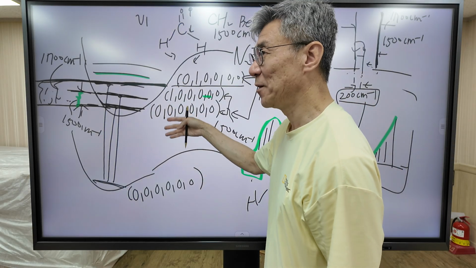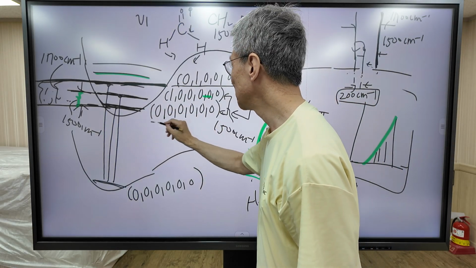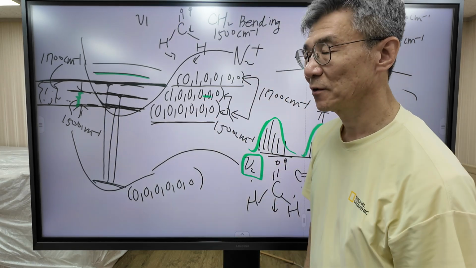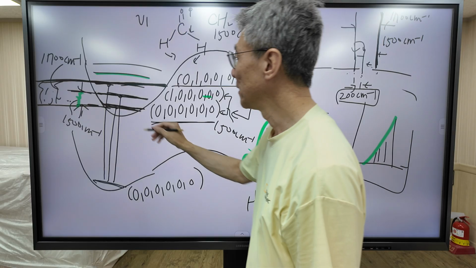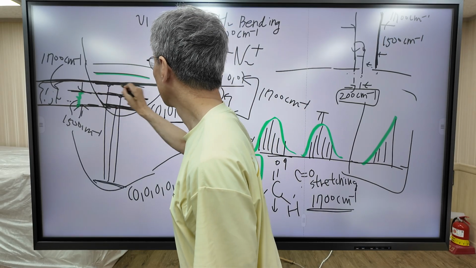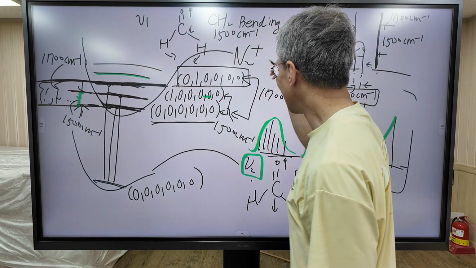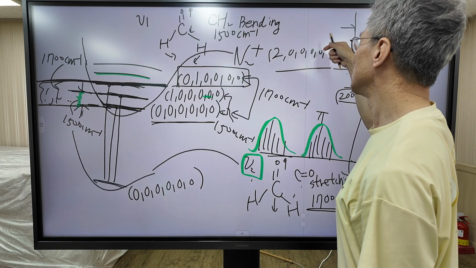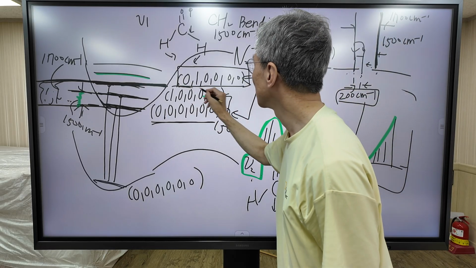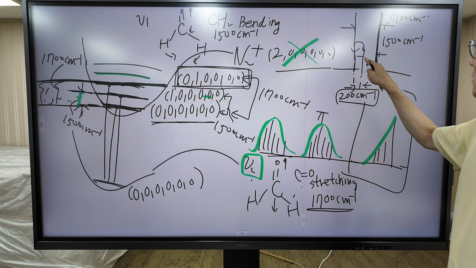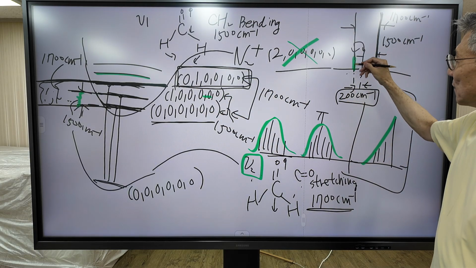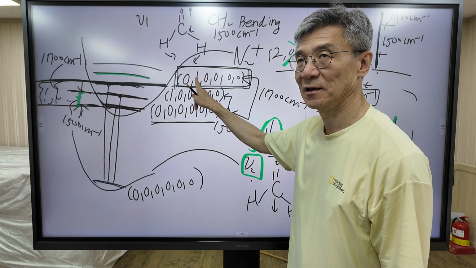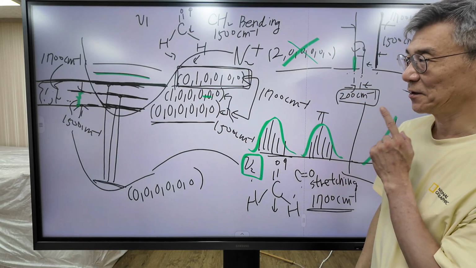This is very complicated because 6 vibrational quantum numbers are involved. So a little bit confusing. But please note that this level's quantum number is this one, not this one. This is the vibrational quantum number for this peak. So a different vibrational mode is excited. Okay, this is a key observation.